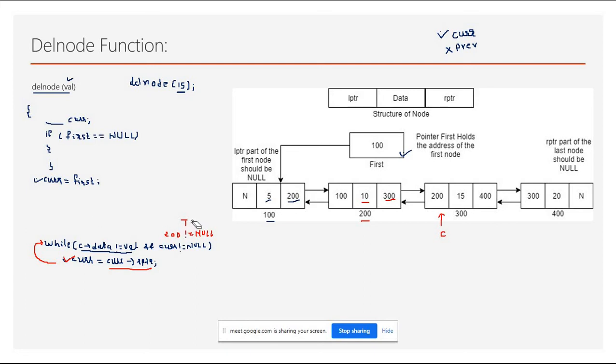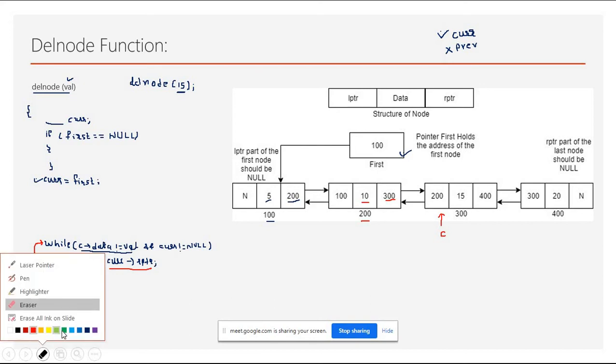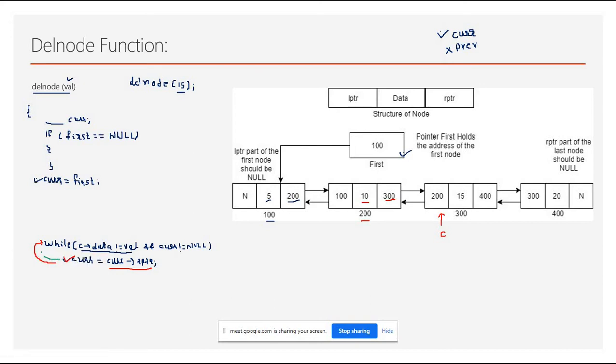Okay, fine. Now again, because this is a loop, the computer will come to the header part, right? Again it will check current point to data. So here current is on 300. What is there in the data part? It is 15. So is 15 not equal to 15?